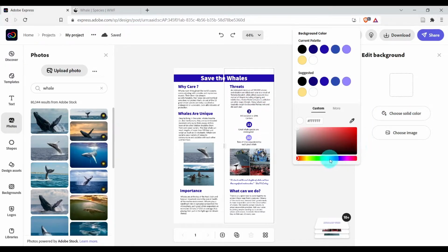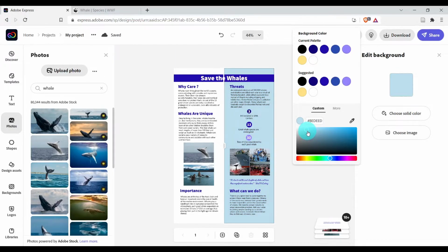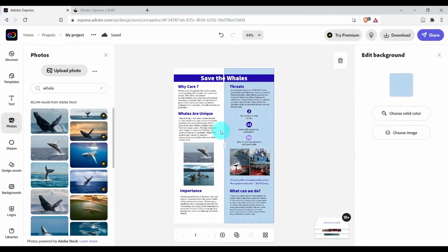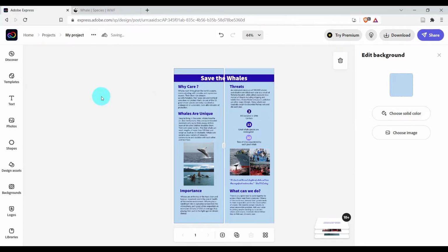I'm going to come here and choose some shade of blue, a little lighter one, maybe something like this. You can directly type in HTML color. You can repeat the same, click here and then choose the solid color. We have already done this here, so we can pick this,